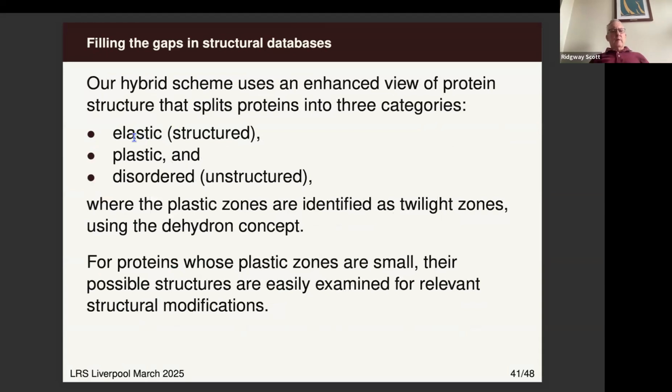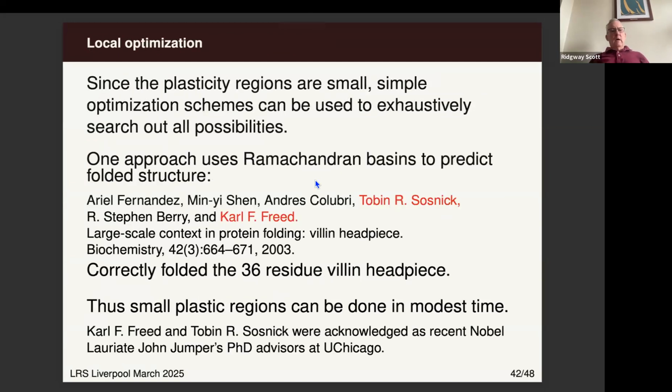So what we're doing is we're separating things into elastic, plastic, and disordered regions. We're focusing on the plastic regions. We know that actually Ponder and AlphaFold get the elastic parts exactly right. These are the ones where they differ, and these disordered ones are ones just where proteins don't do anything. Okay. And so we do local optimization. And so there are various techniques that have been proposed to do optimization of small proteins. And one of the most